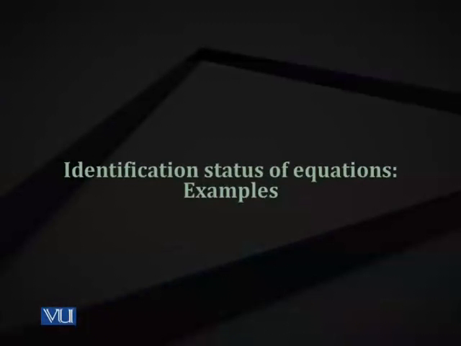So let's move to examples now. Before we look into the example, let me tell you that we have a criterion called the exclusion criterion. If one variable is not present on the right hand side of one equation, but you have it on the right hand side of the second equation, the equation may be identified, exactly identified or over-identified. But let's move to the example to see what I am saying.